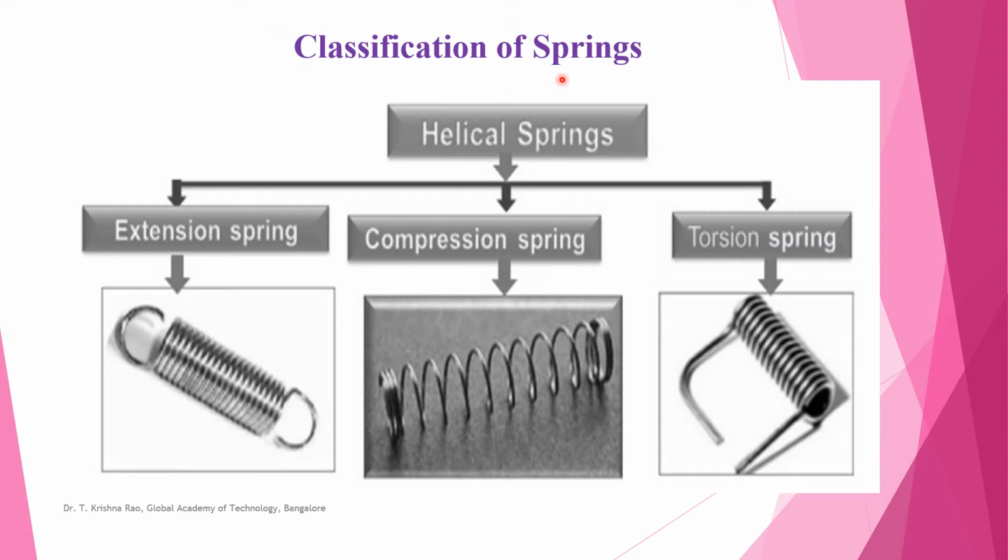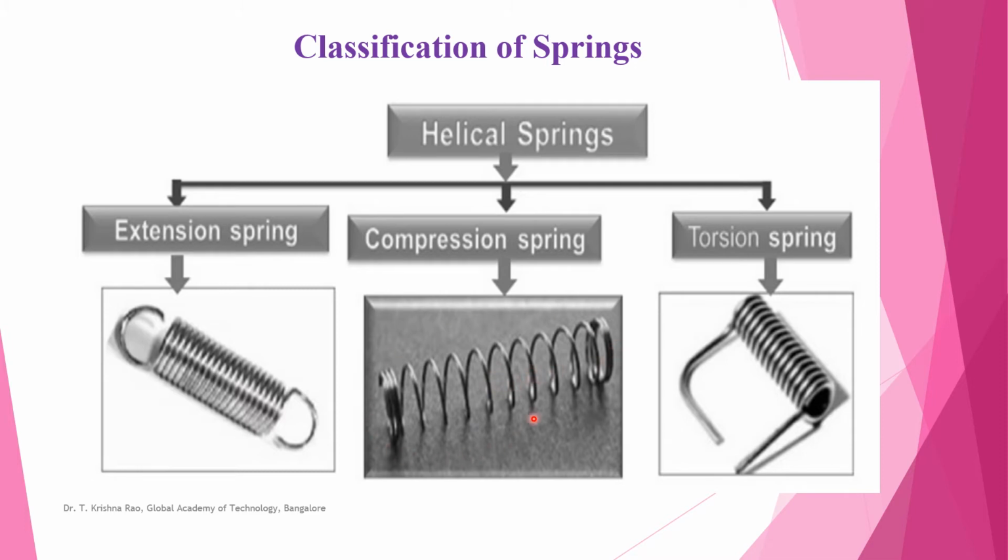The classification of springs: helical springs, which we talk about. We have seen three types: a tension spring, also called an extension spring, a compression spring, and a torsion spring. For the tension spring, as I told you already, on a motorcycle side stand and cycle stand we have this spring, like the spring balance, which is very close coiled. You see the coils are touching each other, whereas in a compression spring there is a gap.